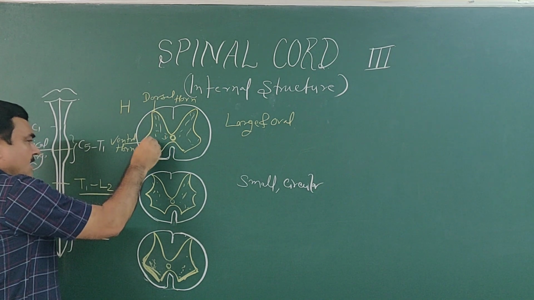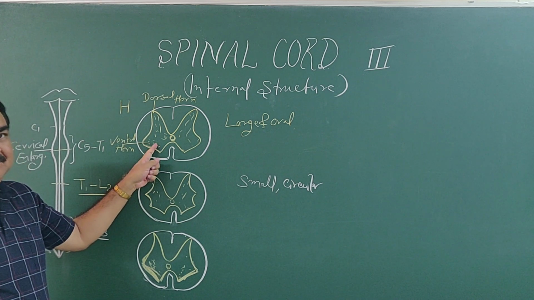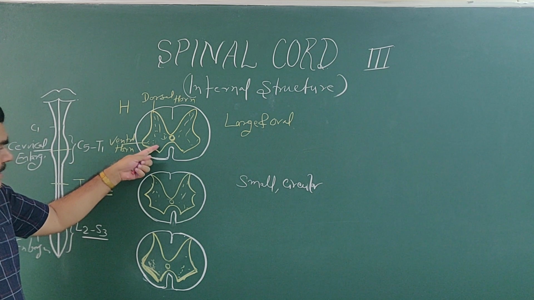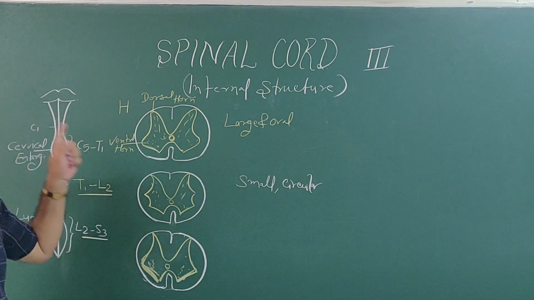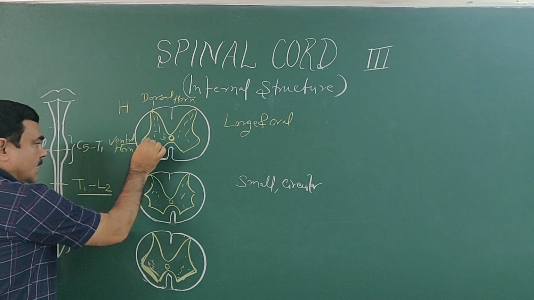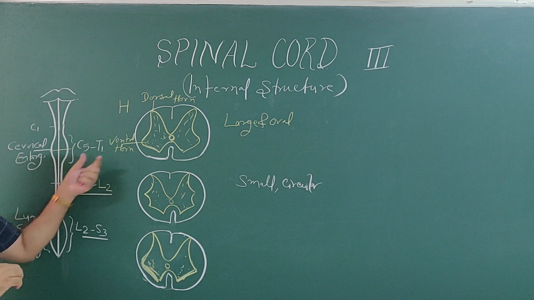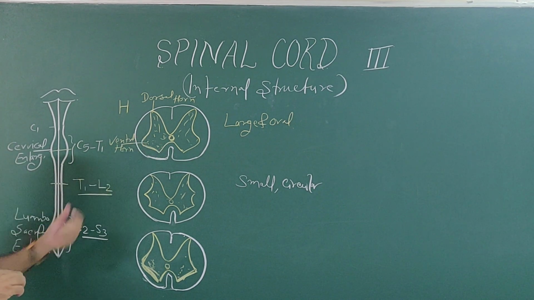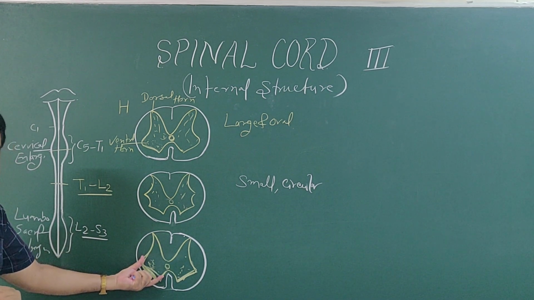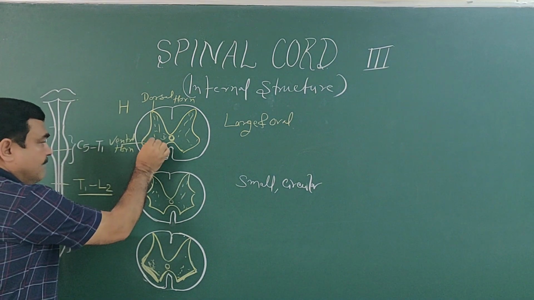In the ventral horn, motor nerve nuclei are present. Sensory fibers come to the dorsal horn, and motor fibers arise from here and go through the ventral root. In the cervical enlargement, this size is large. In the lumbosacral enlargement, this size is large. The ventral horn is large or massive,